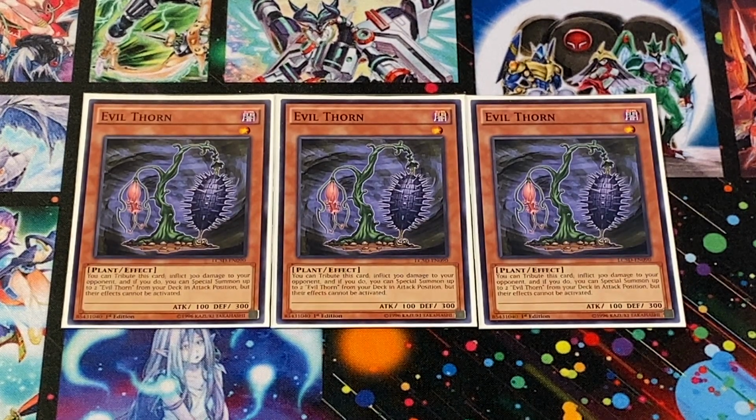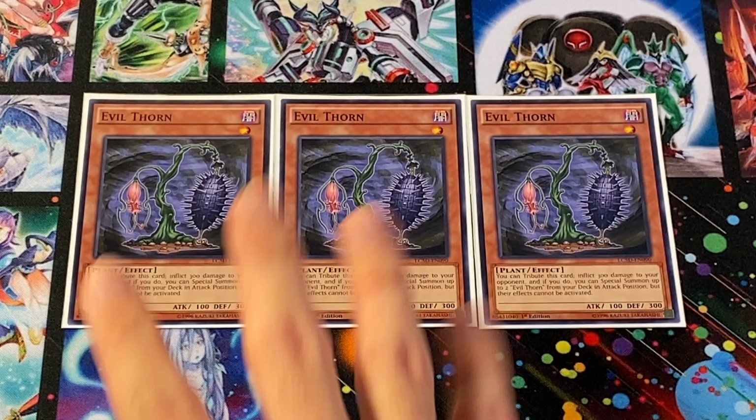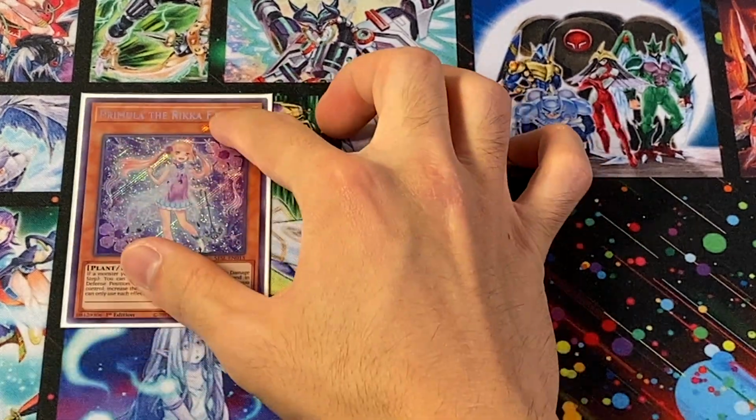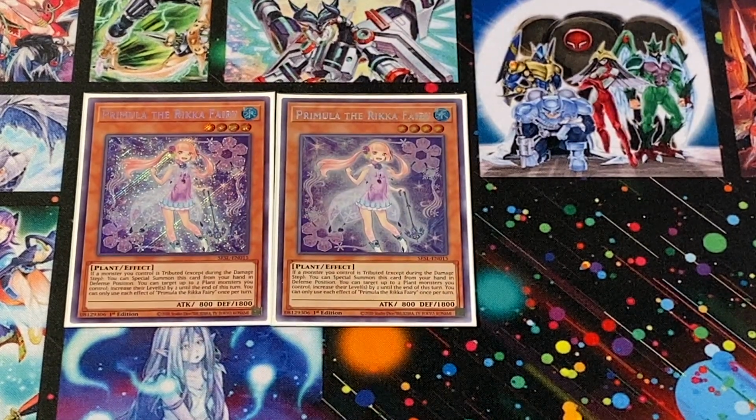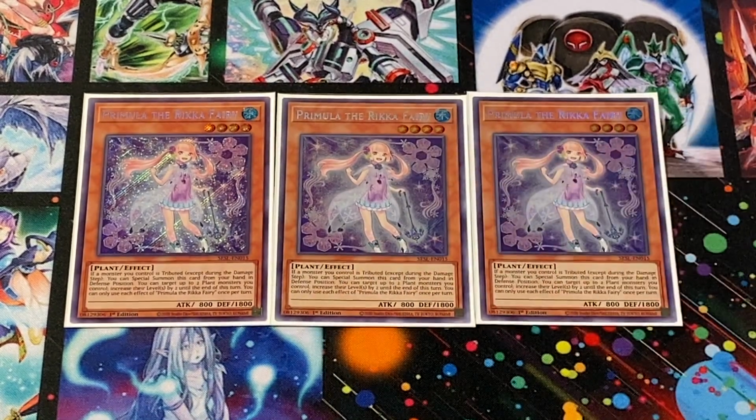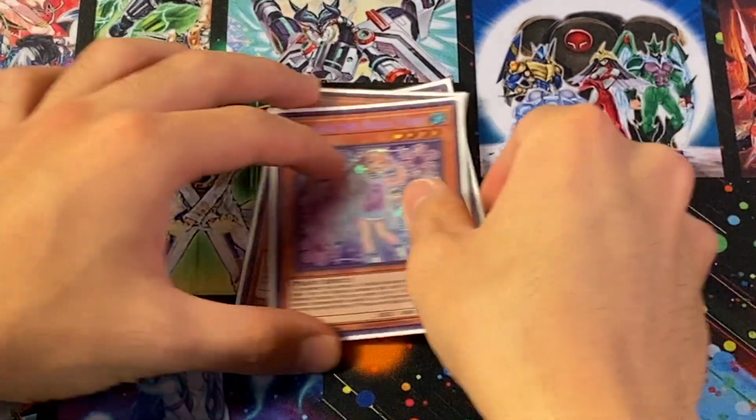easily. You can see that because this card tributes itself, it gets itself off the field, which will be relevant down the line when I talk about how to play around your opponent's hand traps, and it triggers the effect of Primula, which is such an important card in this specific build of the deck that in addition to the one we saw, we will be playing an additional pair, so it's going to be a full 3 copies of Primula in this deck to ensure that we get it off of Evil Thorn or Lone Fire Blossom, and then